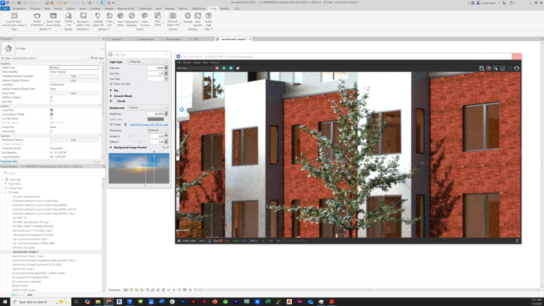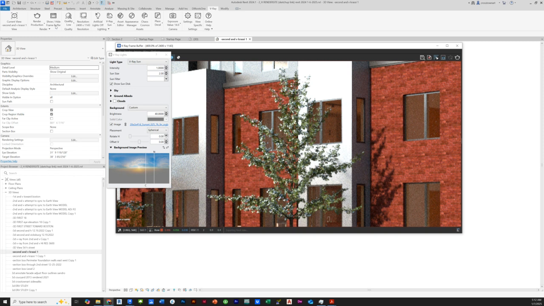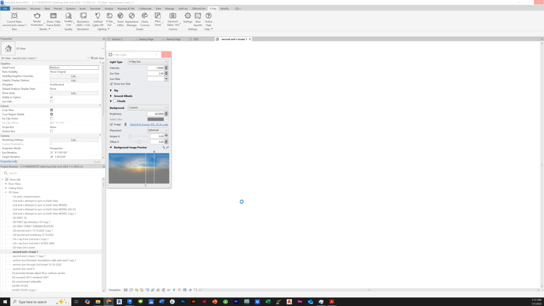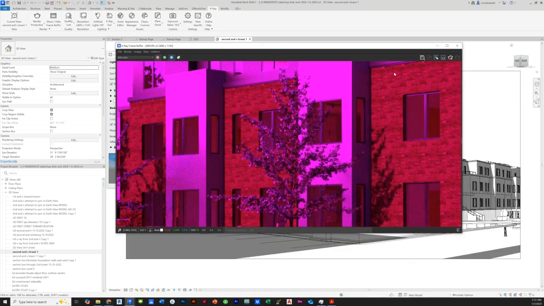Let me get this out of the way, the V-Ray lights. We don't need to explore that right now. So now Revit is working. V-Ray is working. It exported stuff. It's going to refresh. It needs to redraw that rendering buffer. The rendering buffer is that little window. There it is now. We'll talk about V-Ray lights and different